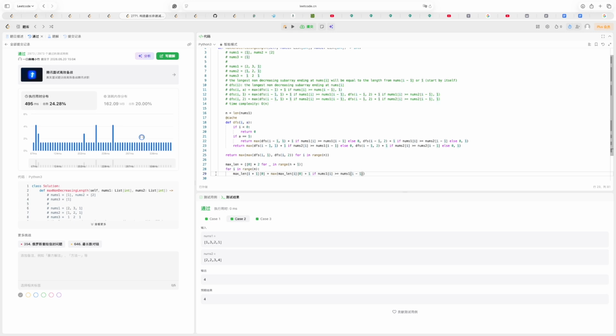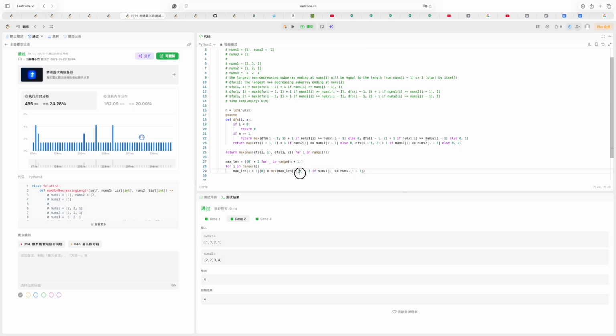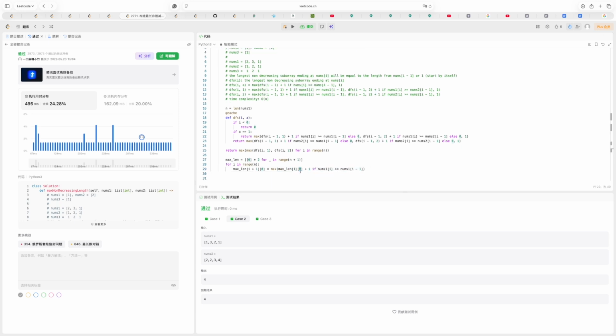Since the previous subarray is from nums 1, we should compare this value with nums 1. Okay, and else it will be 0, or if the previous subarray comes from nums 2,